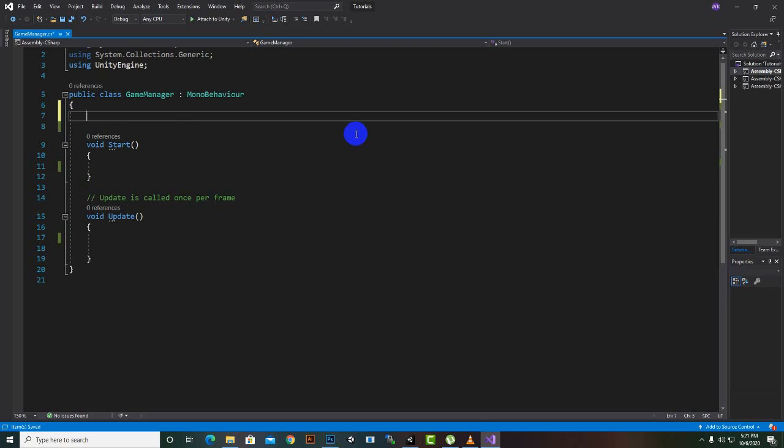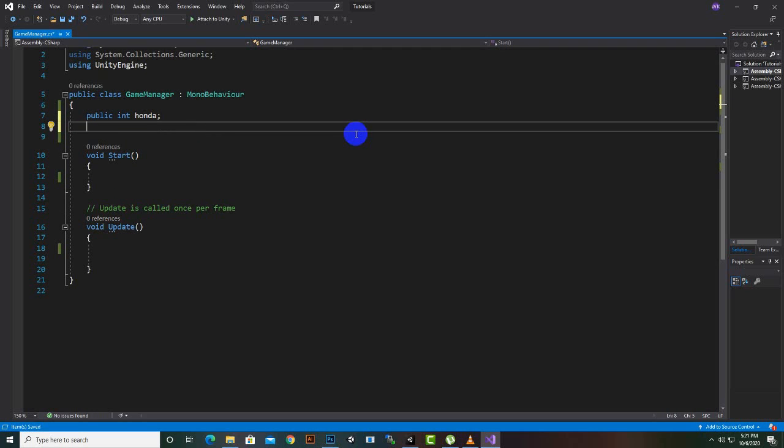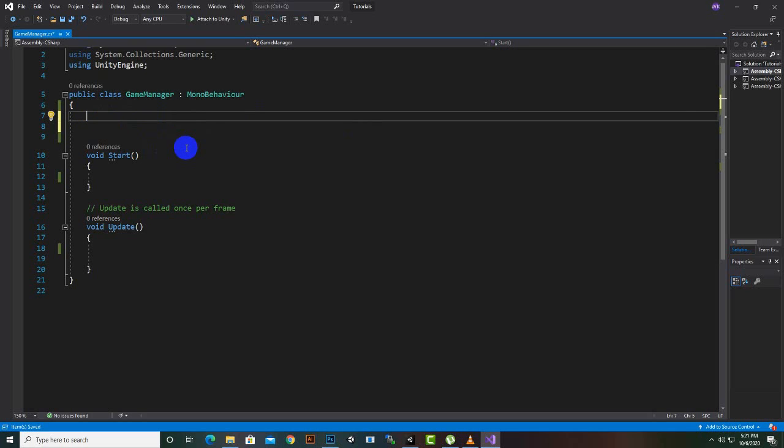For example, if we want to create a car select system and we have 4 cars, then in the traditional way we can create some variables for those cars, for example public int Honda, and then another car, and then another car, like this, and then we can program these cars. We can assign the int values and then we can program these cars for loading levels. So enum will ease this traditional work, and for adding an enum we will write public enum,